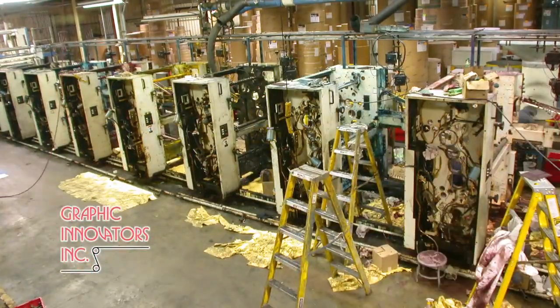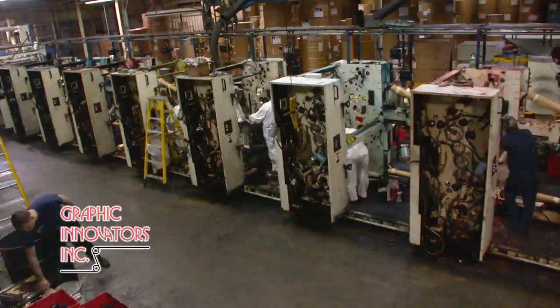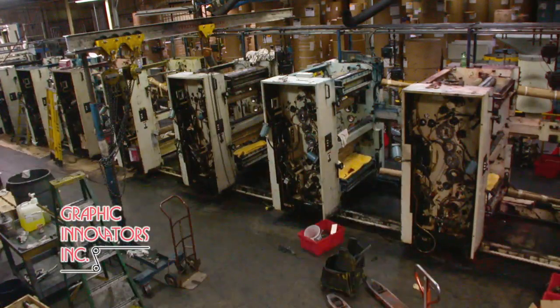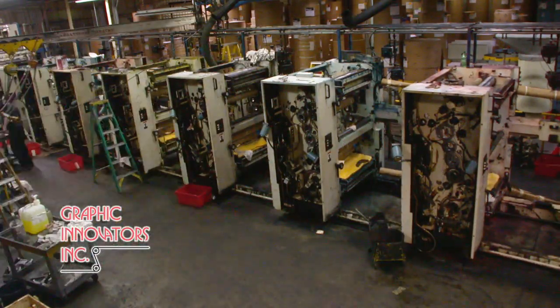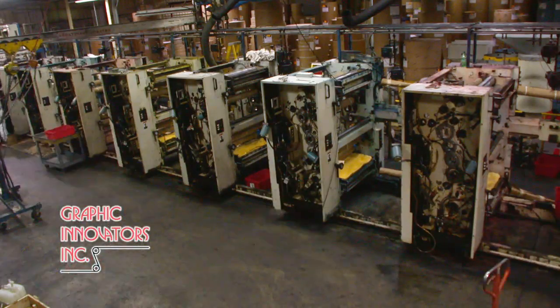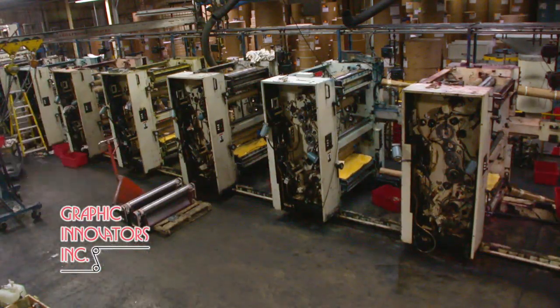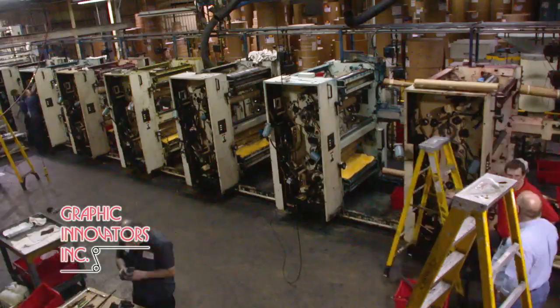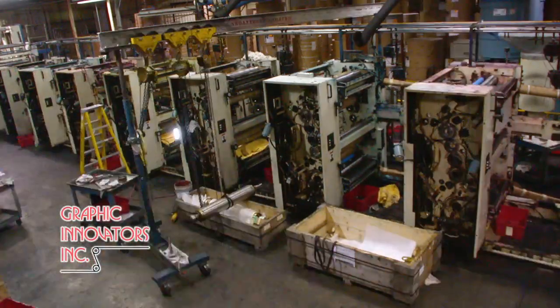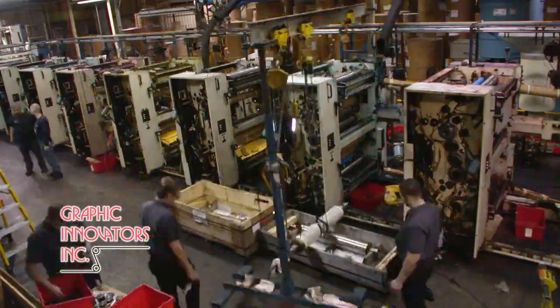Graphic Innovators is the premier choice for web offset press remanufacturing. Printing companies today are faced with competition like never before. With this extreme competition, every element related to the printing press must be operating to the highest level of efficiency. If the printer's press is worn and no longer producing quality product at competitive speeds, a field rebuild is a